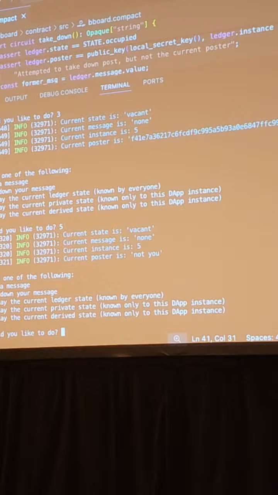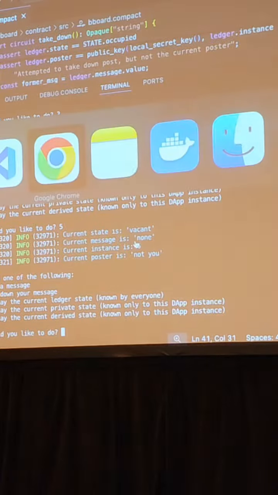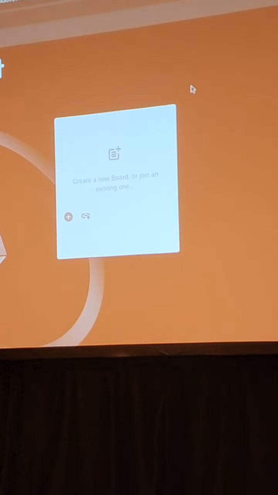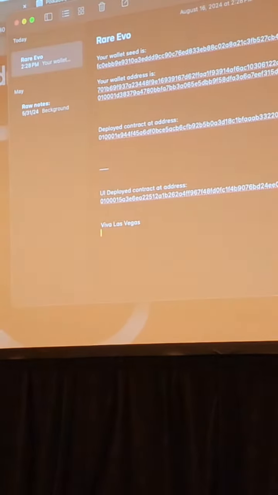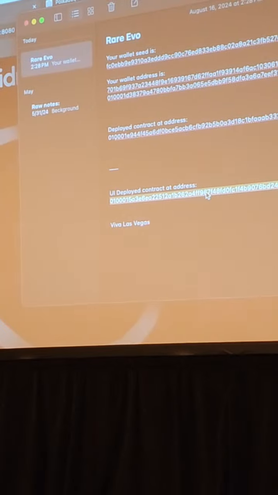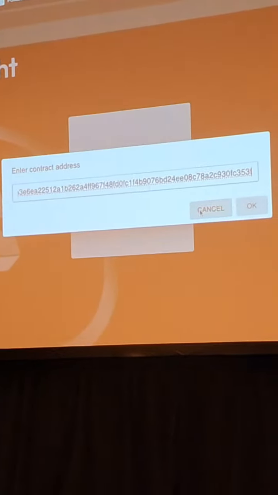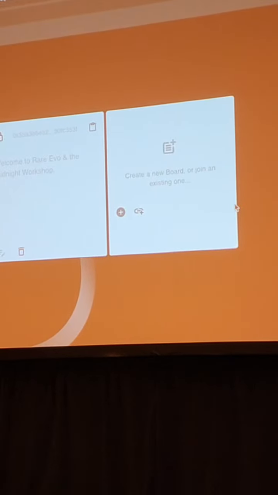So who posted that information? Well, I'm going to bring you over to the web app, which is this, and I'm just going to hit reload a second. So this is a web app that is running that contract and providing you with all of the TypeScript that you need to actually interact with it. I'm going to go and see if I can grab the contract address, which I believe is this one. Pop it in here. Hit OK. That will go and grab the contract. I grabbed the wrong one. Let me go grab the other one.